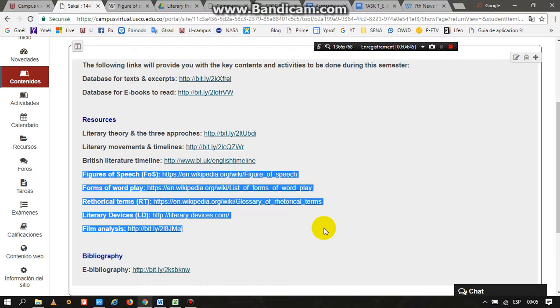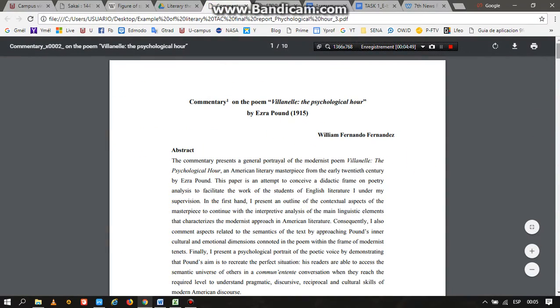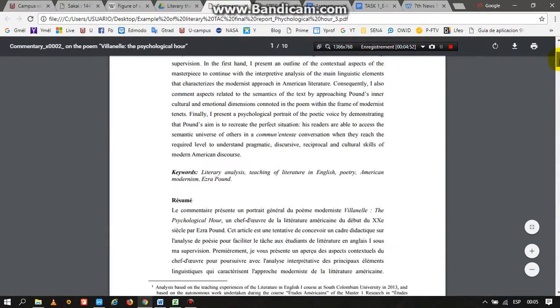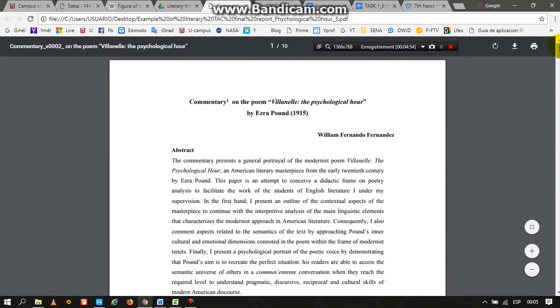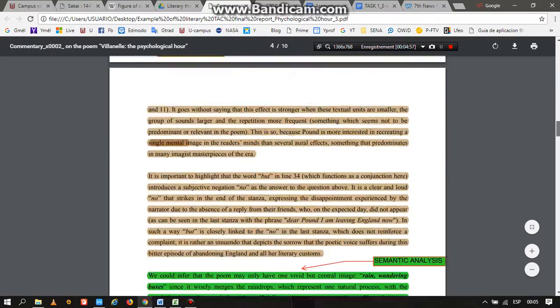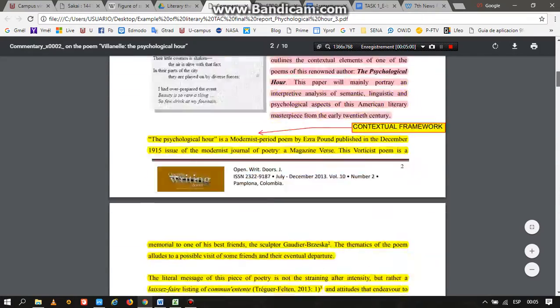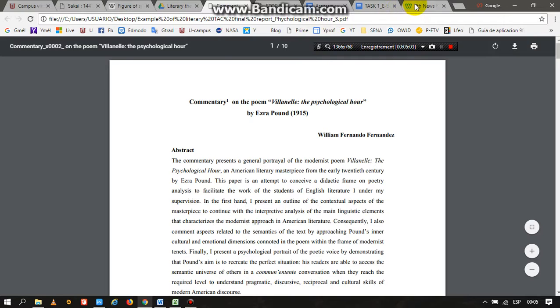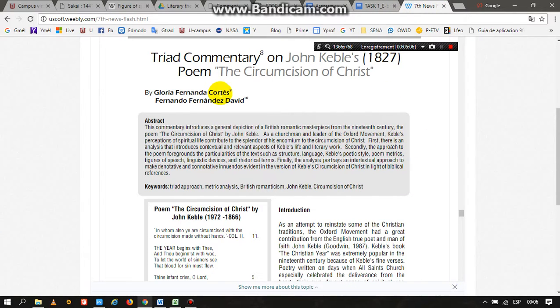So if you don't know how to do it, my recommendation actually is to read the 2 models of papers that we have. This one, commentary on the poem Villanelle, the Psychological Hour. You read it, the whole thing, and then you will understand how to do the different analysis. Or the other one on Newsflash, which is called Triad Commentary on John Cable's poem The Circumcision of Christ, that we published with one of the students in the previous year, who wrote a wonderful work. So we decided to publish this, and it's a great model for you to follow if you decide to work on